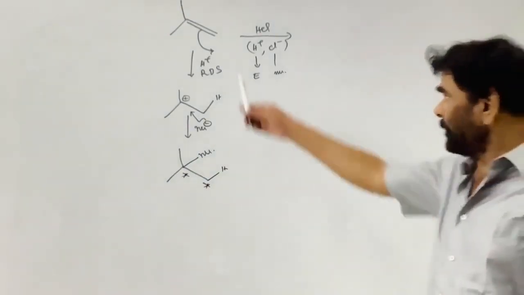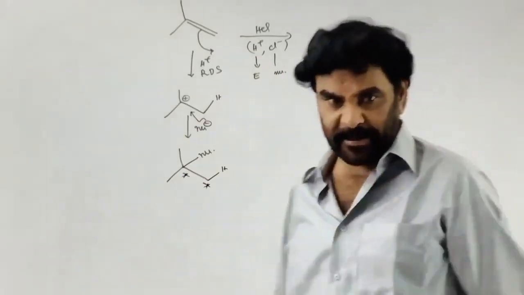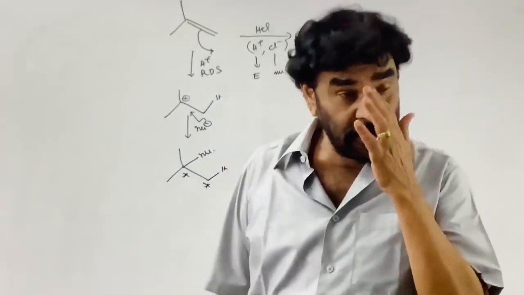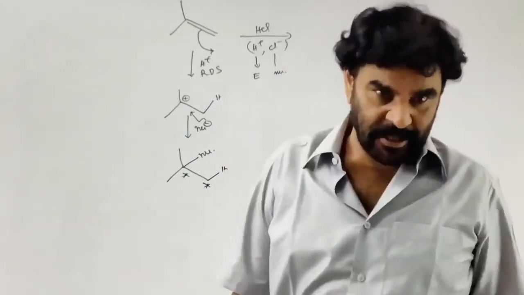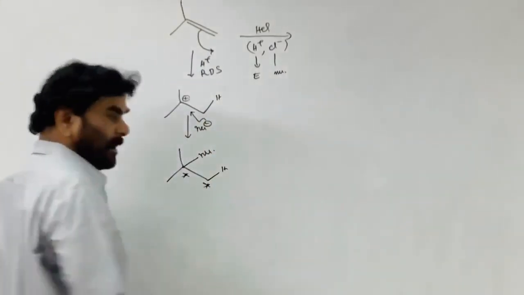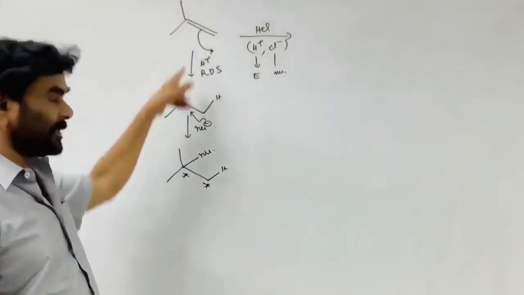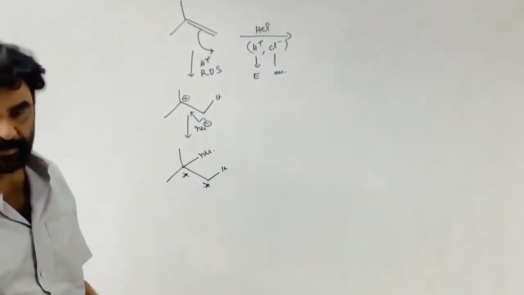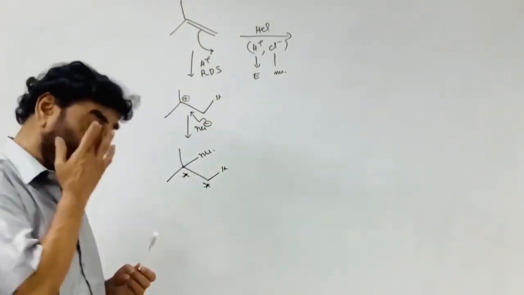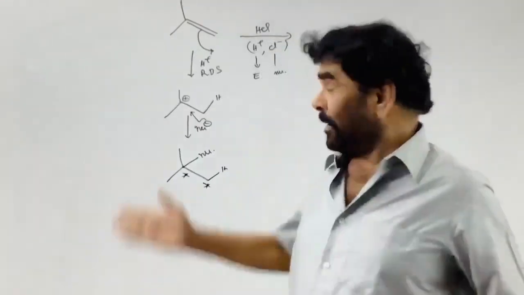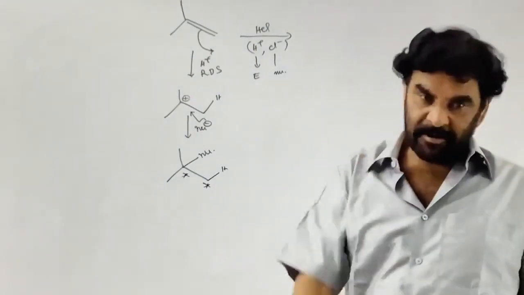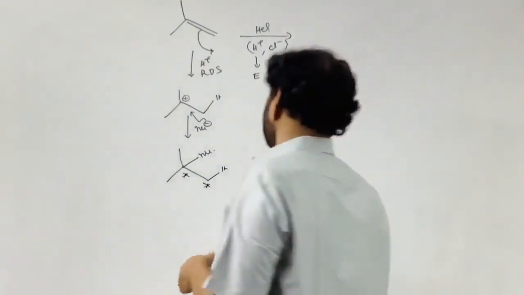In the first step it is adding, but it is called electrophilic because the electrophile addition is the RDS of the reaction and the nucleophilic attack is the fast reaction. Therefore, it is called the electrophilic addition mechanism. Carbocation is formed as the intermediate, and the addition takes place according to Markovnikov's rule, and I need not explain Markovnikov's rule again.